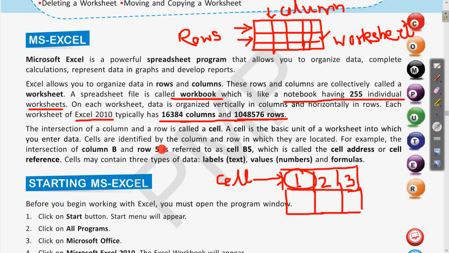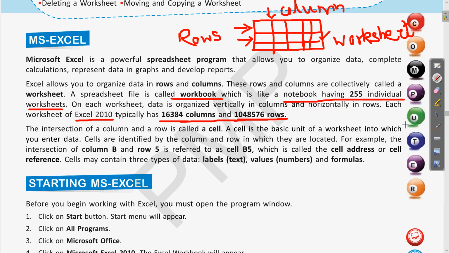Now cells are identified by the column and row in which they are located. So any of these cells has an address; whatever number or data we save here will be identified by its row and column number. Let us see how we write their names. If I take a new table, we will see this in the Excel window as well. So suppose this is a table, clear.